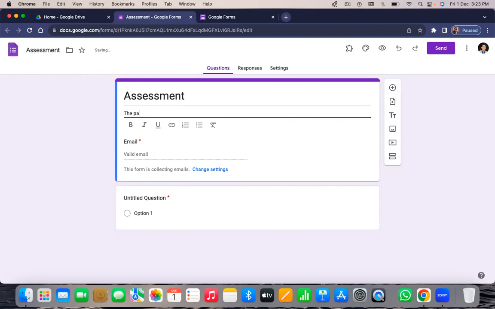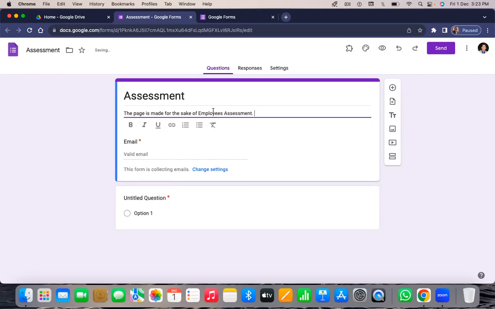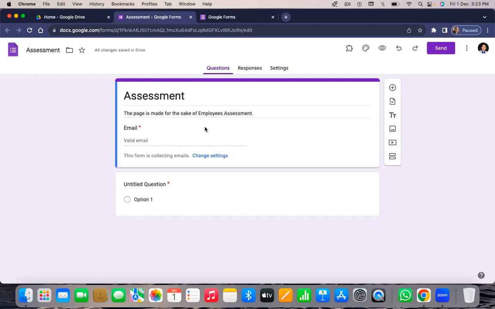So if you want to write that the page is made for the sake of, let's say, employees assessment. Then you can leave it, and thereafter the email part, which is given for the sake of